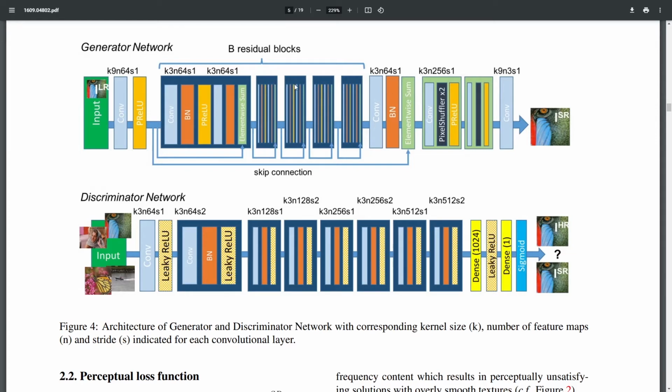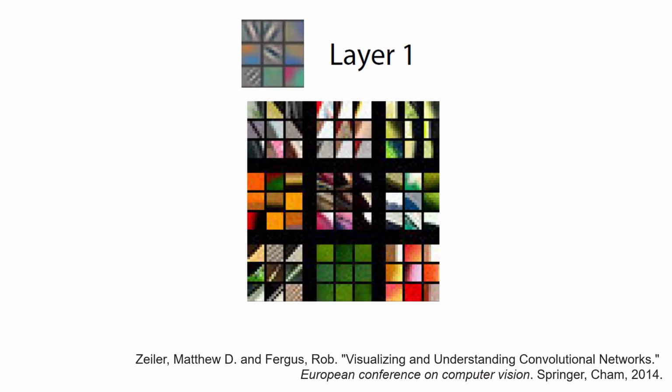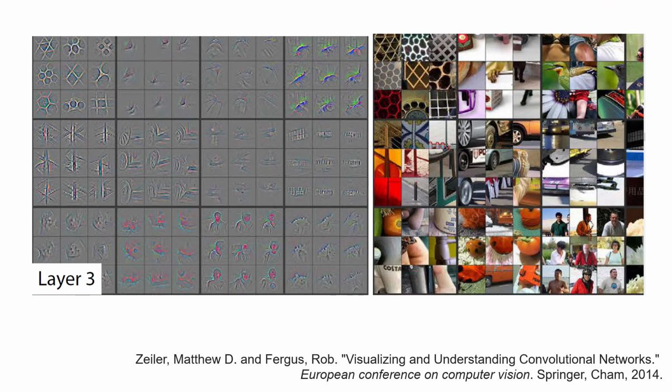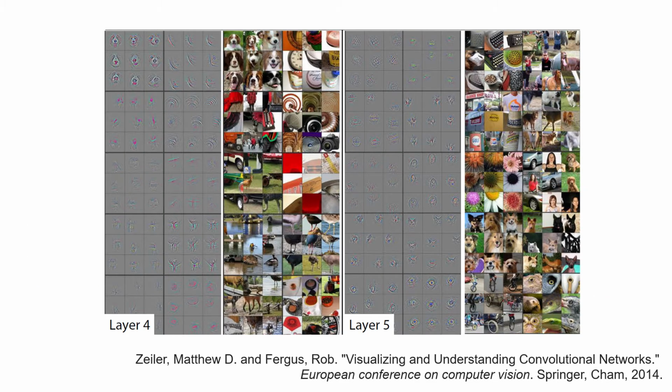Then we continue stacking residual blocks one after the other, each time sending the output from the previous block as the input to the next block, and performing an element-wise sum between the block input and its final batch norm layer. The purpose of all of these residual blocks is to extract features from the input image. Historically, for image classification tasks, people have figured out that some of the earlier layers in a CNN learn to detect low-level features, like maybe lines going in a certain direction, and later layers in a network learn to start detecting shapes like squares and circles. Then, as you go deeper, the layers learn more and more complex structures